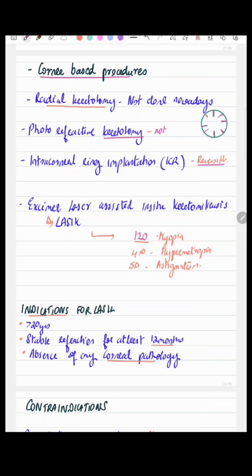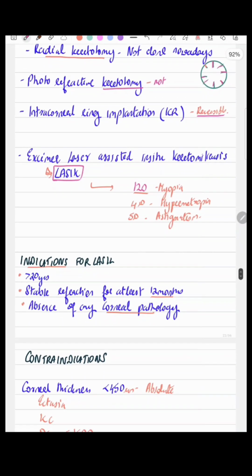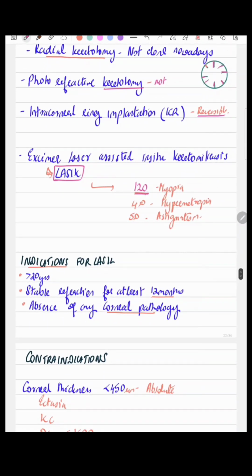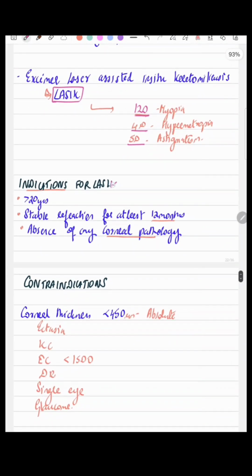Excimer laser assisted in situ keratomileusis, that is LASIK. It can correct myopia of up to 12 diopters and hypermetropia of up to 4 diopters and astigmatism up to 5 diopters. Indications for LASIK include